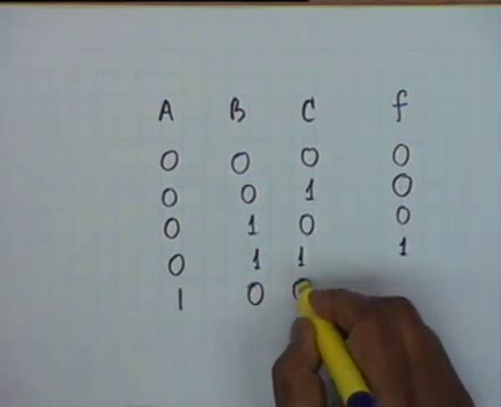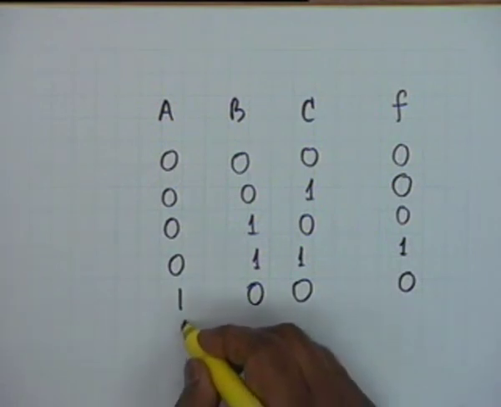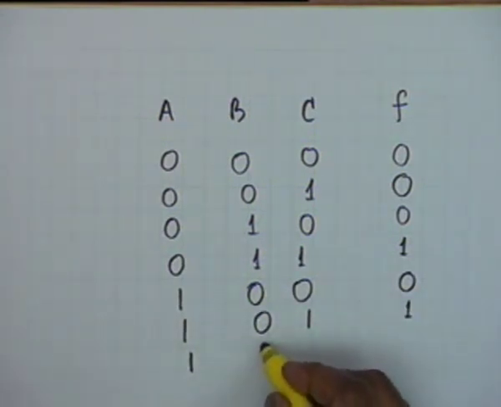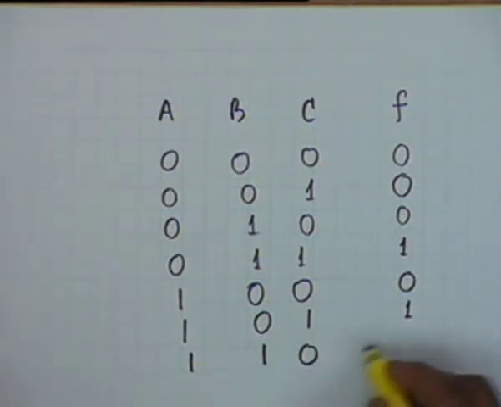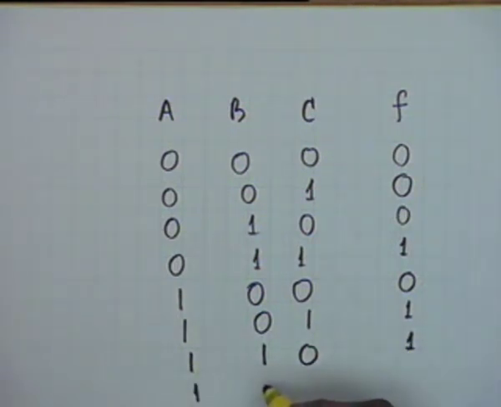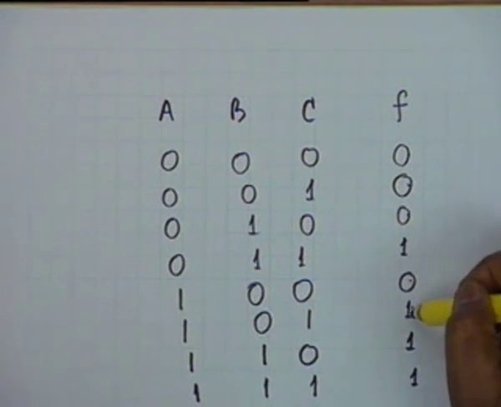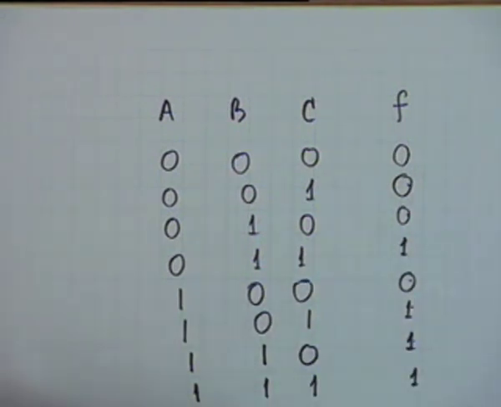1, 0, 0, it is 0. 1, 0, 1, it is 1. 1, 1, 0, it is 1. Finally, 1, 1, 1, it is 1. How many rows? 1, 2, 3, 4, 5, 6, 7, 8. Okay, I am done. Now, what I want to do is write an expression for F, a